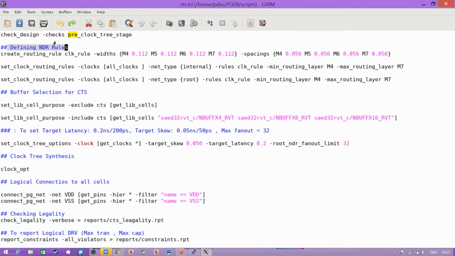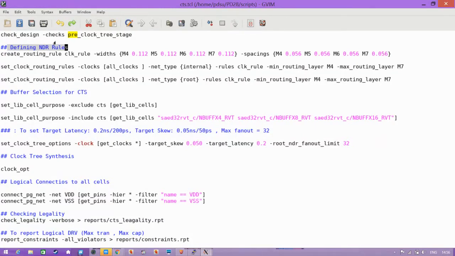If it is very high frequency in terms of gigahertz, I can have a double spacing, double width, and along with the double width, I can even have clock shielding also. Suppose I'm not working for a very high frequency, I'm working for a medium frequency, something like 1 gigahertz, or 900, 800 megahertz. For that, I can have something called double width, single spacing. So depending on your design and how much area you have in your design, based on that you can choose what type of attribute or NDR rules has to be defined.